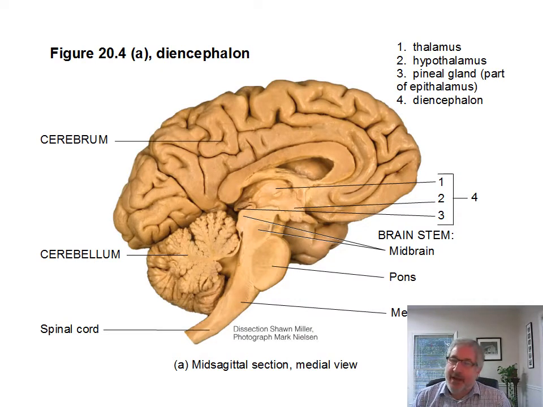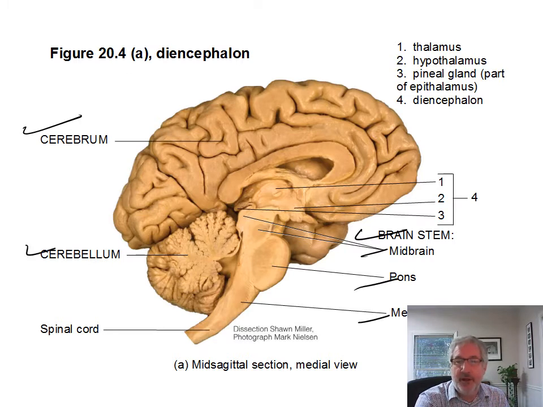So this is just a cadaver, mid-sagittal section of a cadaver brain showing what we've gone over. So cerebrum, and then brain stem, midbrain, pons, medulla oblongata, then the cerebellum there, and then the diencephalon here. Diencephalon section here, number 4. So showing the